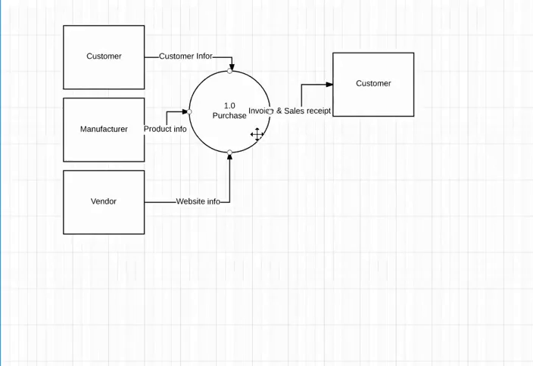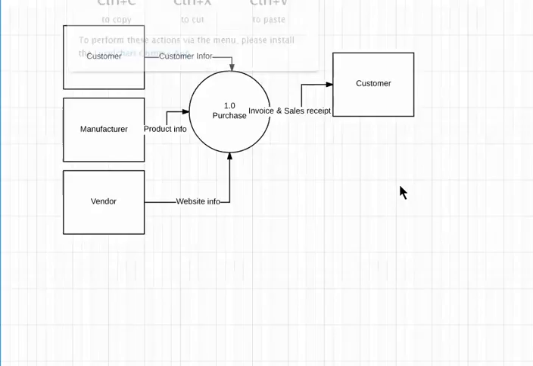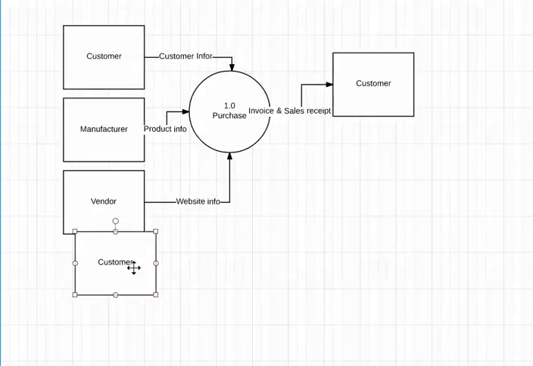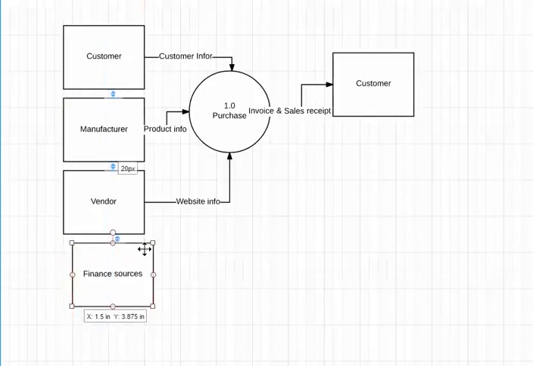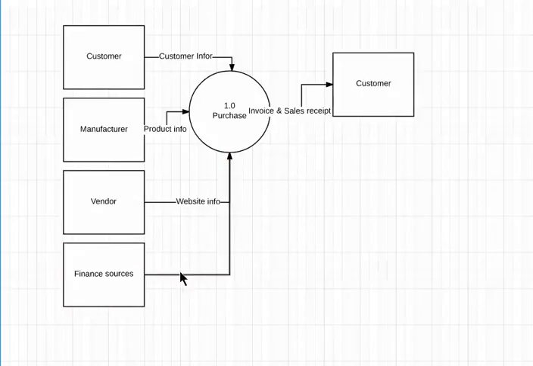Okay, and part of the purchase is the idea that there are, for example, other externals like finance sources, kind of like Visa in the mess, and they would be things like the payment info, and on the other end